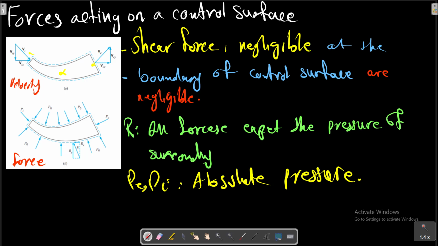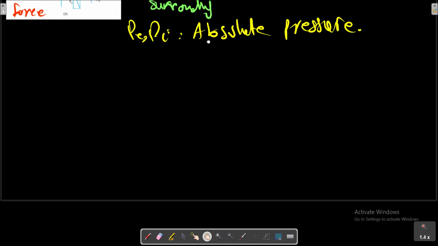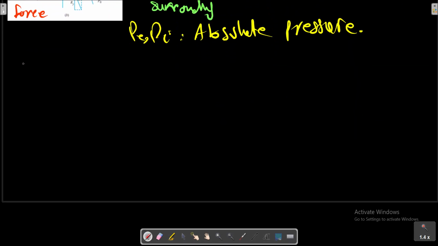The net forces acting on the system in the x and y directions, Fx and Fy, are the sum of the pressure forces and the external force in their respective directions. As shown in the picture, we have various forces. We can write the relation in the x and y directions for the momentum equation. Sigma Fx, inlet and outlet pressures, force,